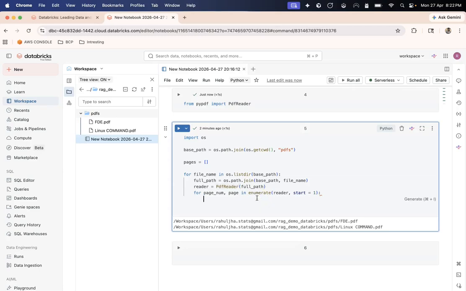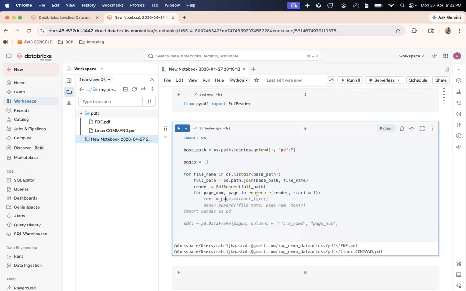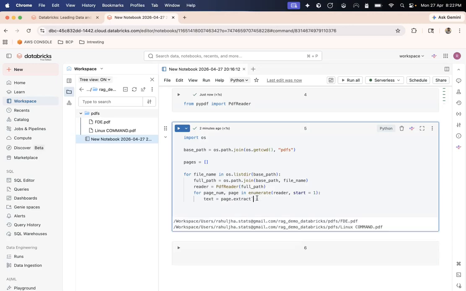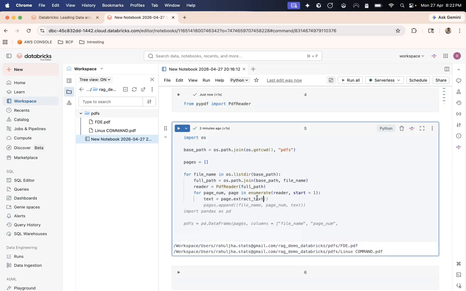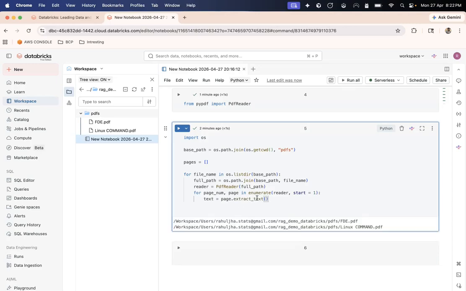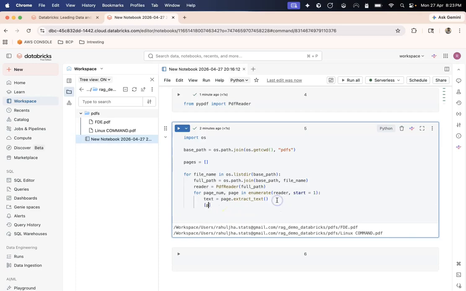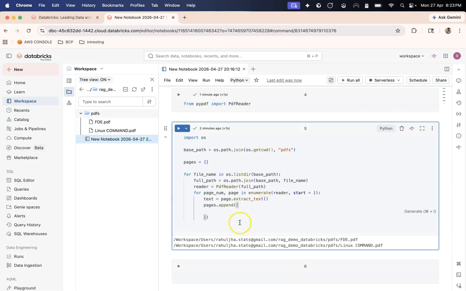First I want to get the text. How do I do that? I can do page.extract_text. This would give me the text of my page, and then I want to append it into pages. So I would like to do pages.append. Now I want to append a JSON or dictionary kind of structure. So I can have a text key which will be just text.